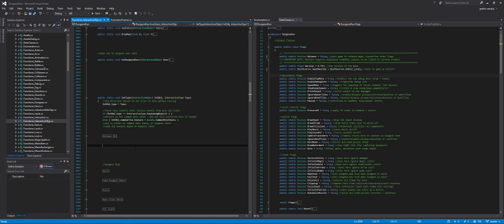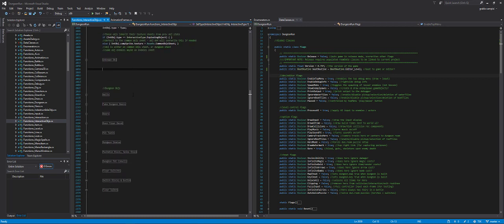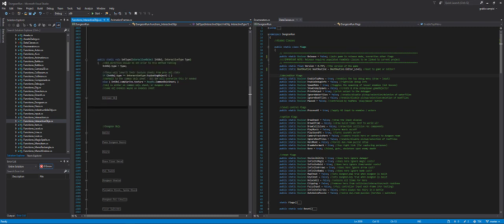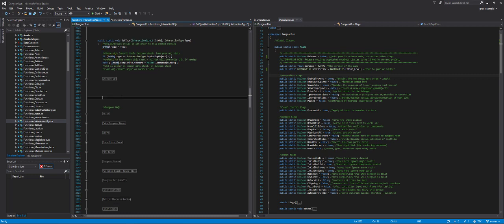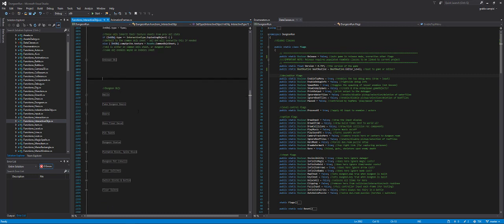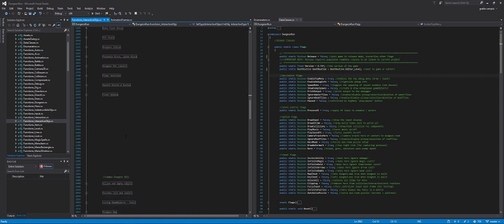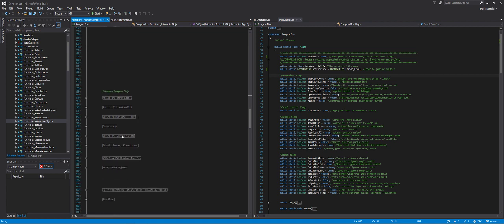So I know a lot of people will be like, oh, you have methods over 2,000 lines. It's like, yeah, but it does some very straightforward things. All it does is accept this type and apply the type to this interactive object. There's a lot of things that happen here. All it does is really set the values for this object. So if I want to go to a common dungeon object and look at